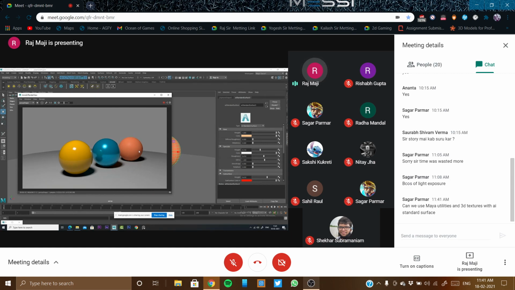Suppose you are standing in the train, at the door of the train, and the sun is at the back. You have noticed so many people, you can see the ears are glowing red. The ears are becoming red. That is because of the subsurface scattering. So unless it is a backlighting condition, that redness will not be visible. Here it is looking very blended, very difficult to understand. Though it is looking like flesh, it is very difficult to tell. But in a backlighting condition, you can see that it is flesh.